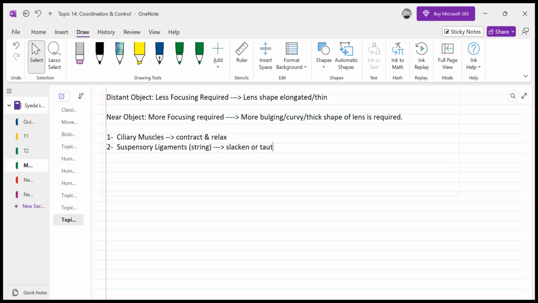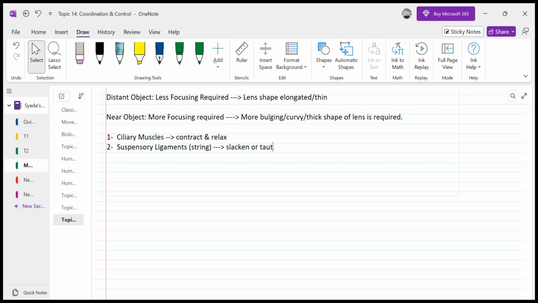Okay, now what I'm going to do is keep on recording this class and complete this whole eye accommodation, and I will share the link with you all so that you may be able to complete this eye accommodation in one go. Because I would not want to continue this topic tomorrow. We will be continuing with the next topic, which is the hormones, tomorrow, inshallah. Because with that, the eye topic would be covered.